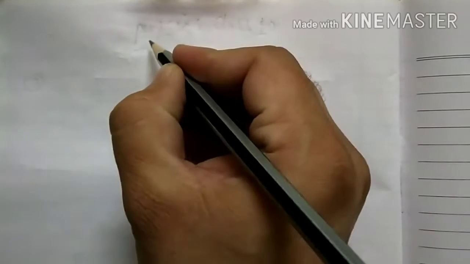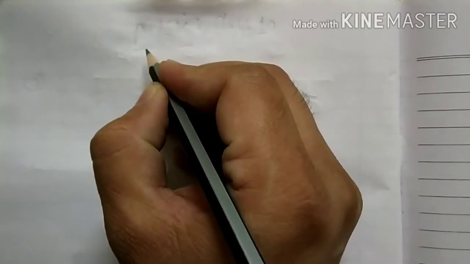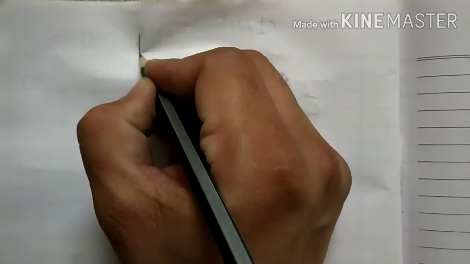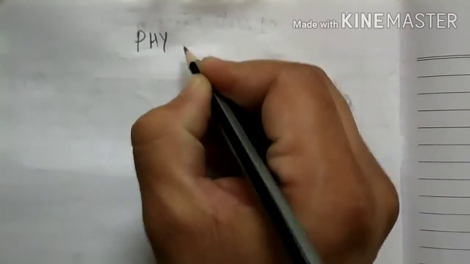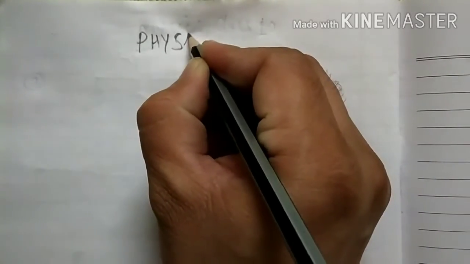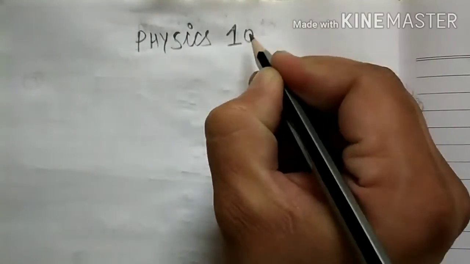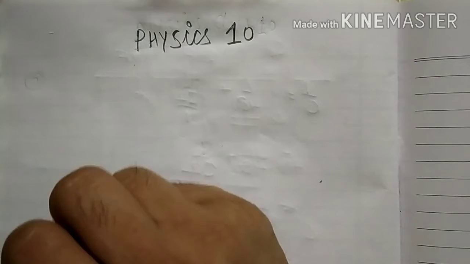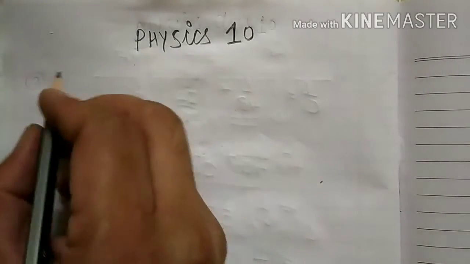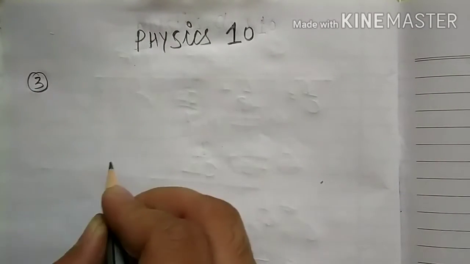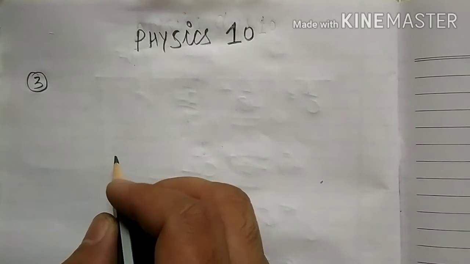Today we are going to discuss some numerical questions based on reflection of light and refraction of light. Today's class will be for class 10th only. I'm taking the 10th class physics today, physics class 10. We'll discuss some numerical questions of reflection of light and refraction of light from chapter number